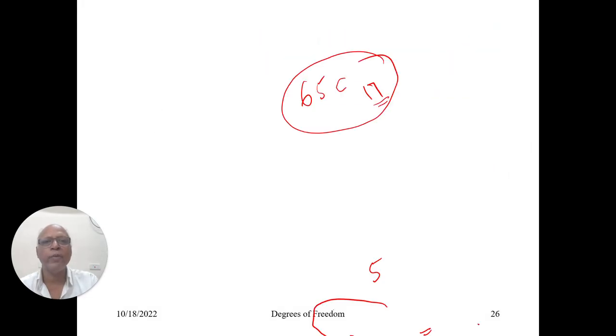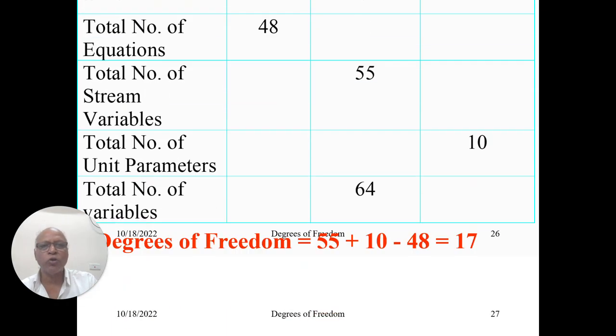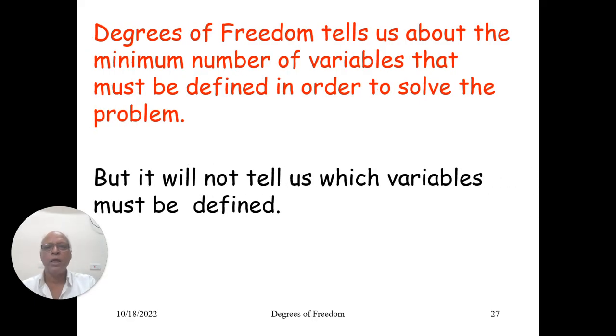So this is what is meant by degrees of freedom for a flow sheet, and you may not be in a position to add up the degrees of freedom for each and every individual unit to calculate the degrees of freedom for a flow sheet. So be careful. So we have addressed the degrees of freedom for a stream, any given unit, and finally a flow sheet. So you will be able to know the minimum number of variables required in order to complete the problem definition. Whether it is rating, analysis or design, the degrees of freedom cannot change.